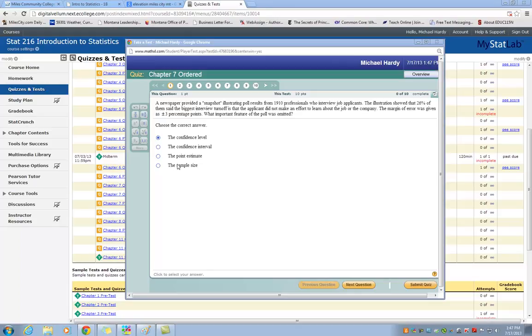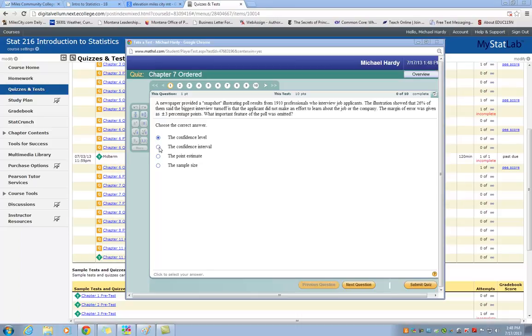Well, the sample size is included. That's 1,910 professionals. The point estimate was actually included as well. The word point estimate refers to that single value. If you had to guess what single value, based on your data, what's the single best guess as to what's going on in the population? Well, if 26% of my sample says that this is the biggest turnoff, then 26% of my population is what we think. It's our best single guess. That's our point estimate.